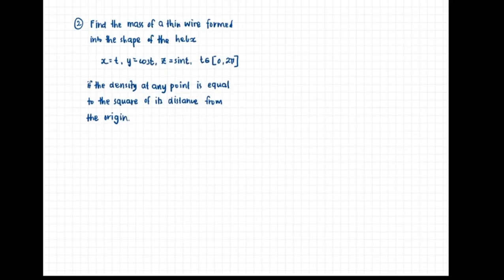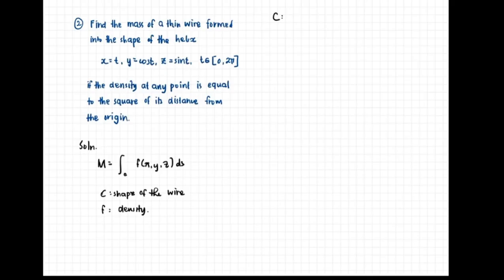So for this item, since we want to compute for the mass, recall here that m is equal to the integral over c of f of x y z ds, since we're situated in the three-dimensional case, where here c is the shape of the thin wire, while f is actually the density function, in which case the shape of the wire is given by the helix,